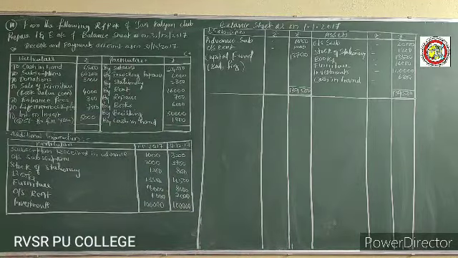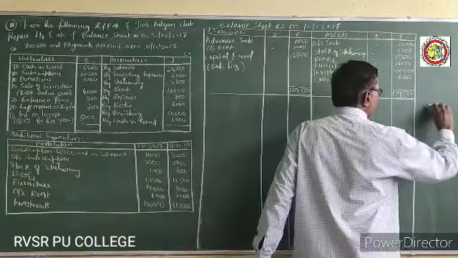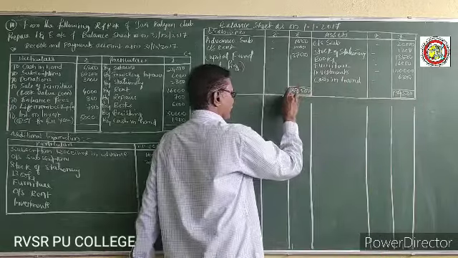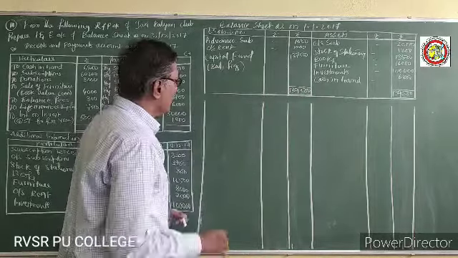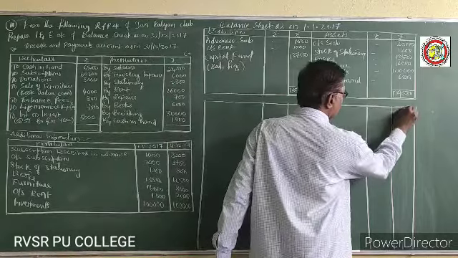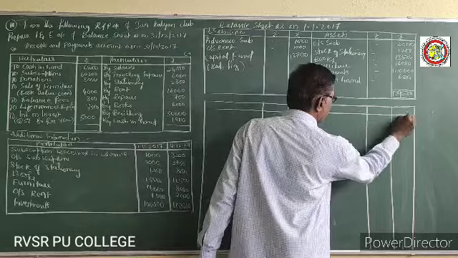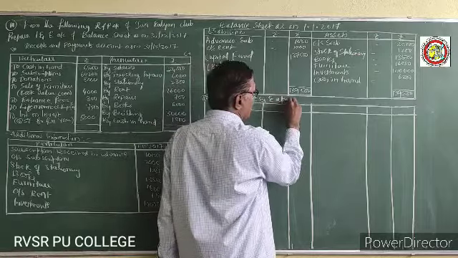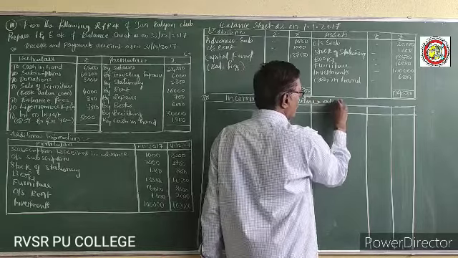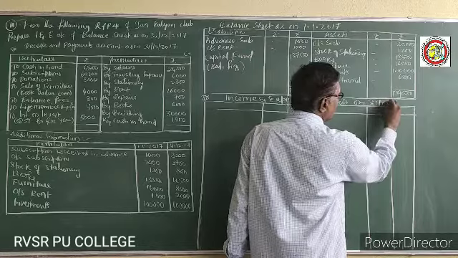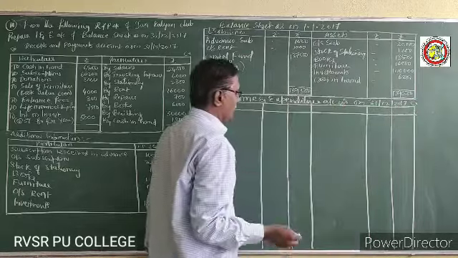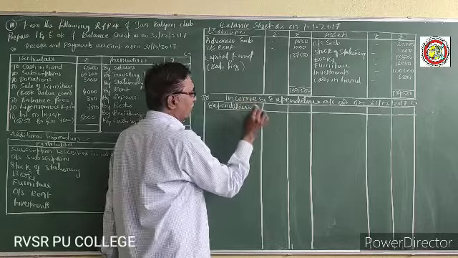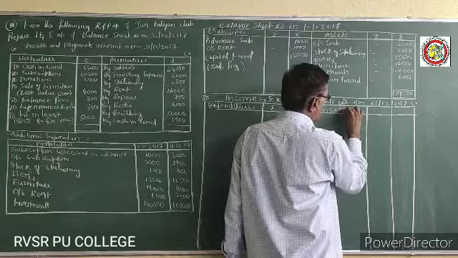Next there is the receipts and payments account. With the help of the receipts and payments account, we have to prepare the first part of the final accounts of a non-profit organization, that is the income and expenditure account for the year ended 31st December 2017. Expenditures, rupees; incomes, rupees.